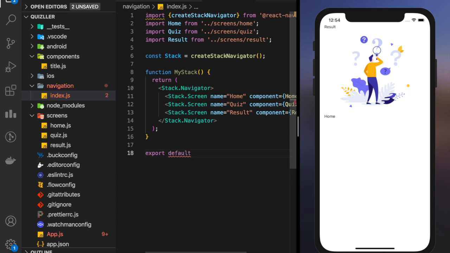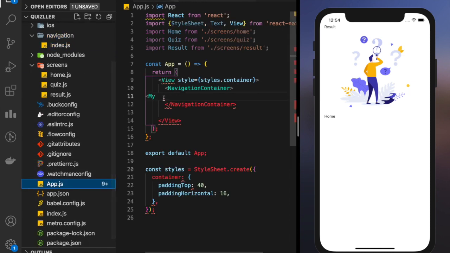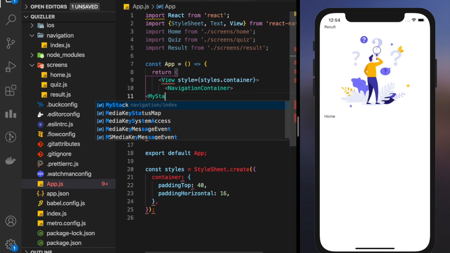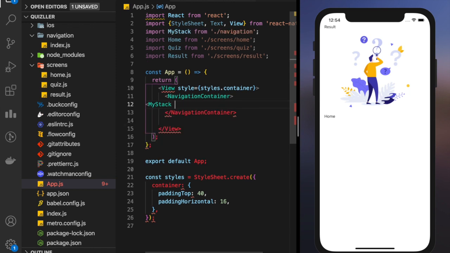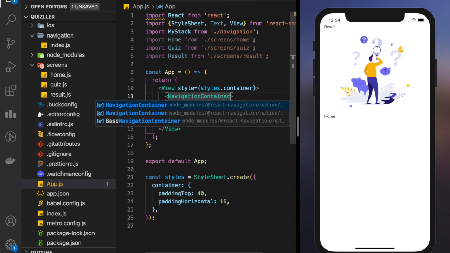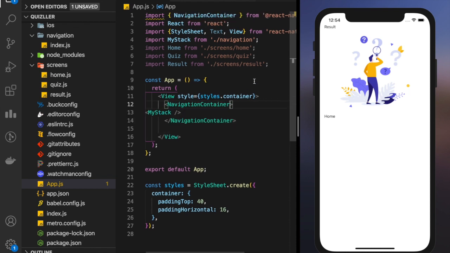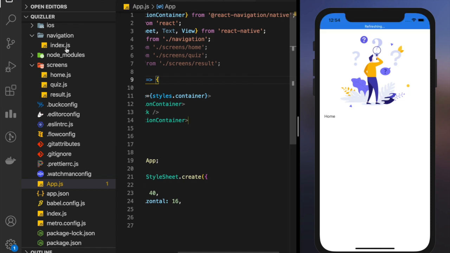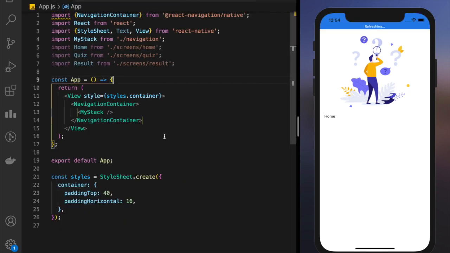Export default. Now I suppose that you are familiar with default and normal export. If not, I'll cover it in my upcoming videos. So once we have exported it from here, we can import it here. So yes, it has been imported. Now we have to import this navigation container as well, otherwise it will give error. So from React Native, okay. Now if I save it, so once this is refreshed, you'll see what I was talking about.